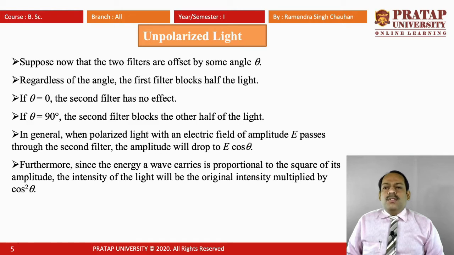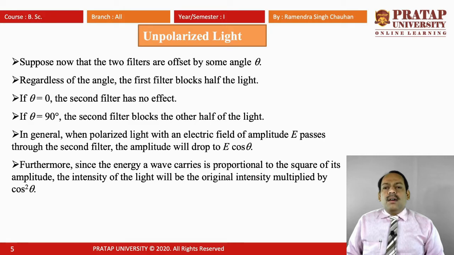If theta is equal to 0, the second filter has no effect. And if theta is equal to 90 degrees, the second filter blocks the other half of the light. So we can see that now if we are seeing light through two polarizing filters at some angle theta, then regardless of the angle, the first filter allows or blocks the light,